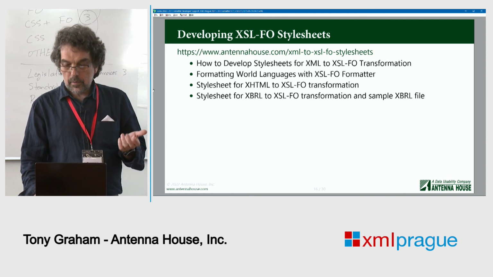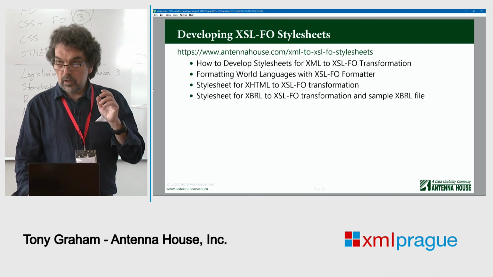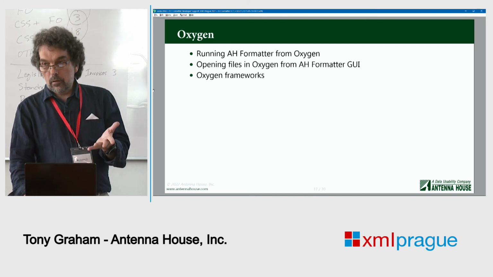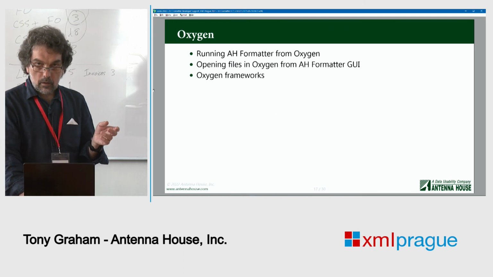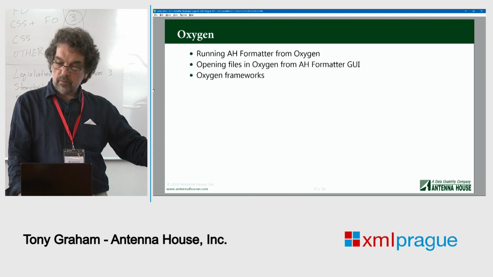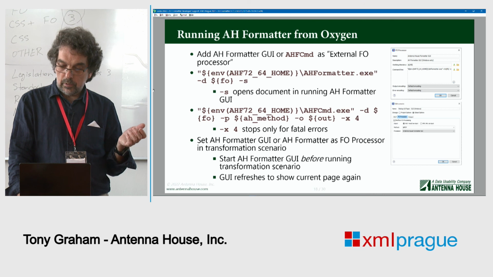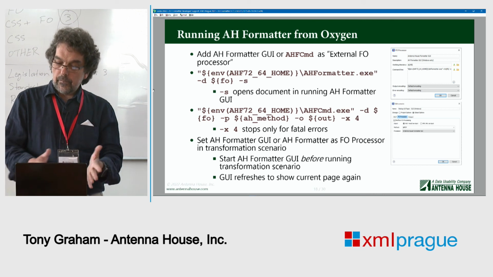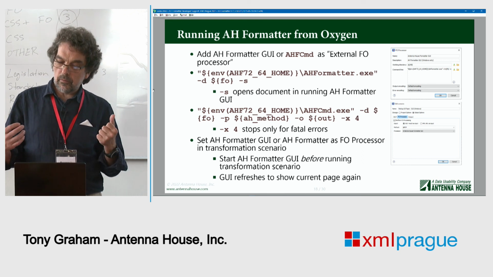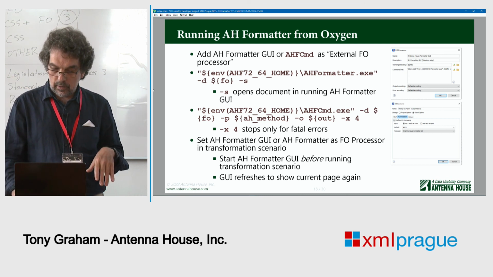The website has some sample style sheets for sort of tutorial on developing XSL-FO style sheets. As I said, with Oxygen, you can run AH formatter from within Oxygen. From AH formatter GUI, you can open these files, the area tree, etc., in Oxygen. And we provide multiple frameworks. You can set up AH formatter GUI or the command line AH formatter as an external FO processor